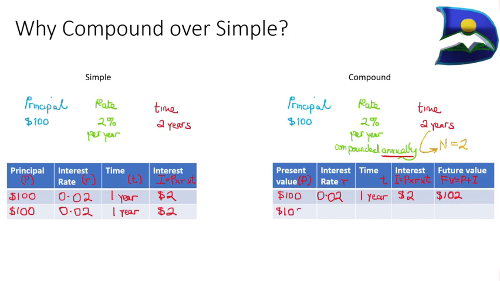So 102 will be the present value, and then we repeat the same simple interest, 0.02, and that same year, which now is 2 years in total, and then we have our interest, which is equal to the principal times the rate times the time, and in this case it has actually increased by 4 cents. Once we add our present value and our interest for that second period, we actually get